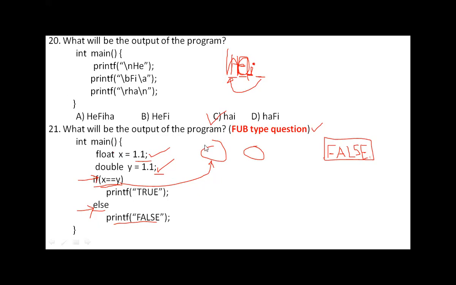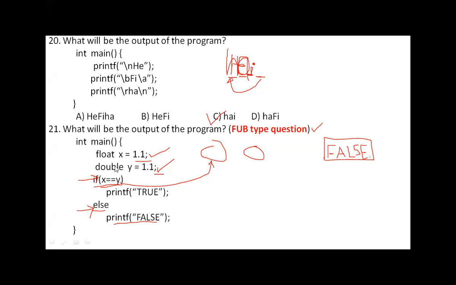No, no, no, no. Float is internally stored. See here, if you take a number, that number by default will be treated as a double value. But when you declare a variable as float, it will be stored as a floating point up to only 6 decimal places.